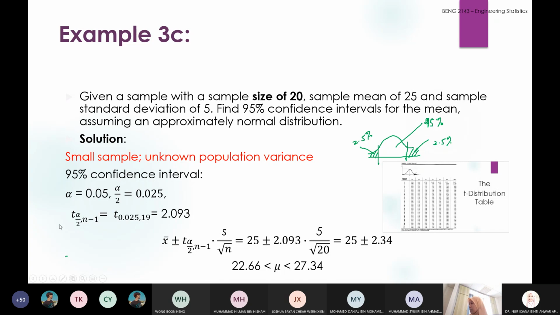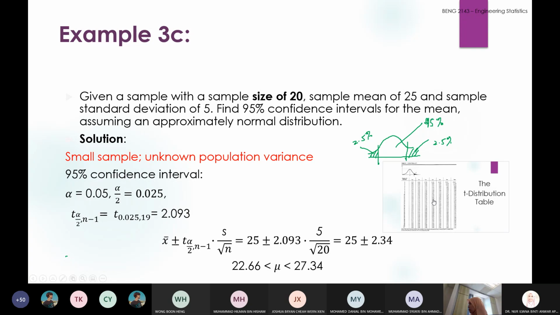In the T distribution table, you notice that the subscript requires us to find alpha over 2. So what is alpha? Alpha is 0.05, the significance level is 0.05. Alpha over 2, you just divide the significance level by 2, so 0.025. And here is 20, 20 minus 1, 19, and this is how we get 2.093, meaning that we refer to the column,